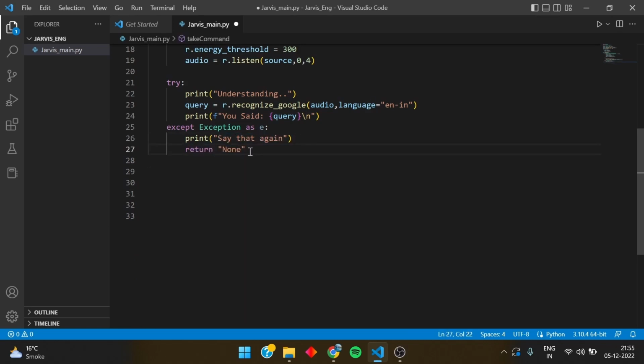I hope it is clear. I hope some of it is clear. It will not be clear in one go. You have to see the video and understand it in your own way also. And when we finish this whole project, then you will understand much better what Jarvis is. So now after we have returned None, we have to return query,